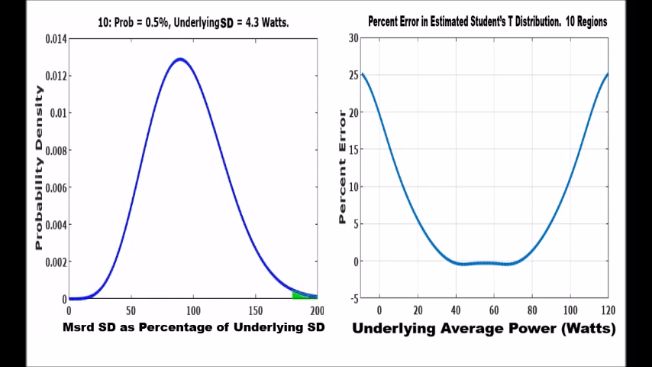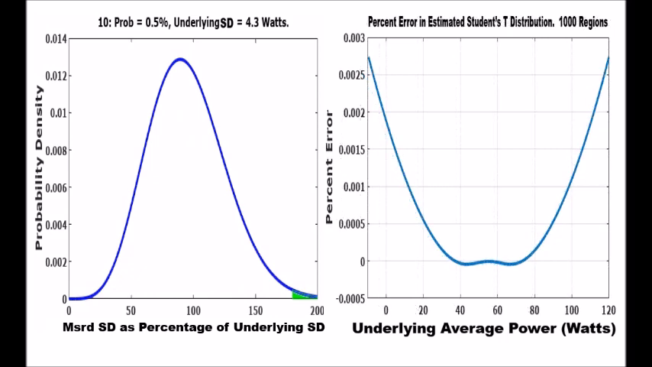But remember that we only use 10 regions, from 0 to 200% to approximate things. If instead we use 1,500 regions and go out to 300% of the underlying standard deviation, our error reduces to this. Nice. Less than 3/1000% everywhere. So this clearly works. Hopefully,